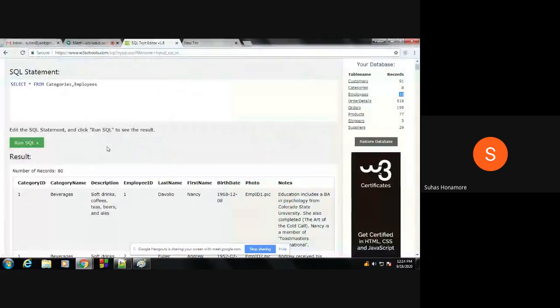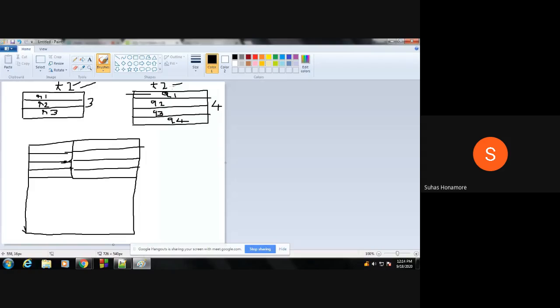Now if I give select star from T1 comma T2, it is a combination of the T1 table and the T2 table.